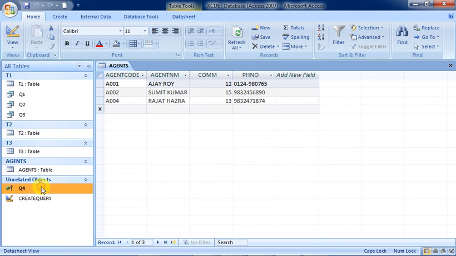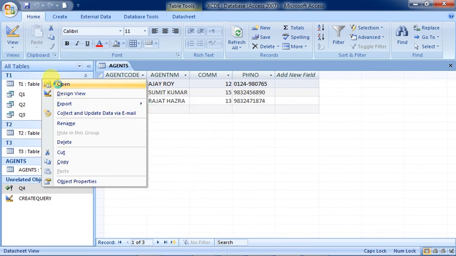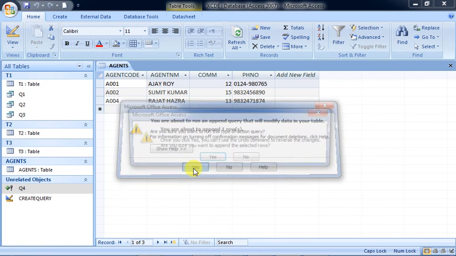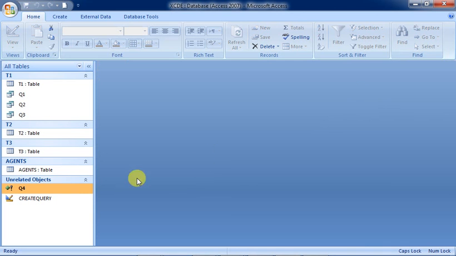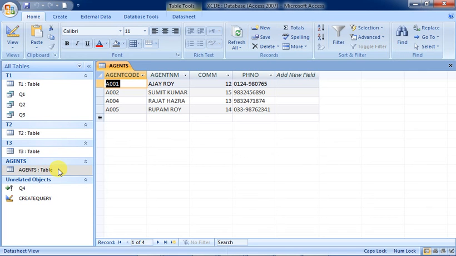Right click and then choose open. Now click on yes. It will ask you the alert every time. Now if you refresh, you will get this. First close it, then open the table again, and you will be able to see that the fourth record has also been inserted. In this way you will implement the practical whenever you are doing MS Access and using MySQL queries, create and insert, in order to create a table and insert values into it.